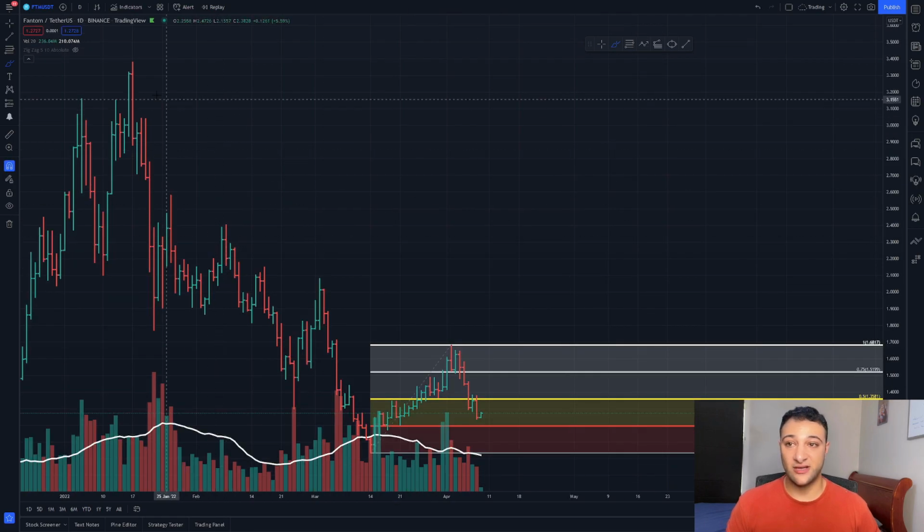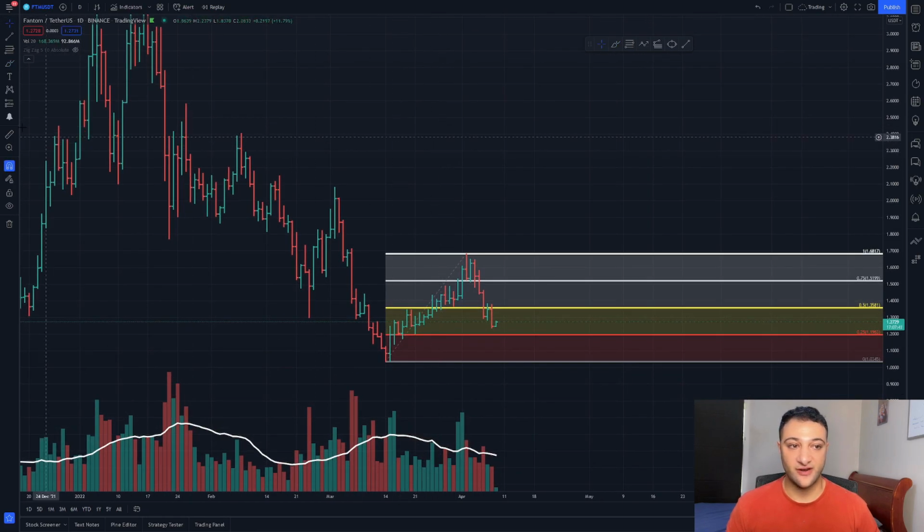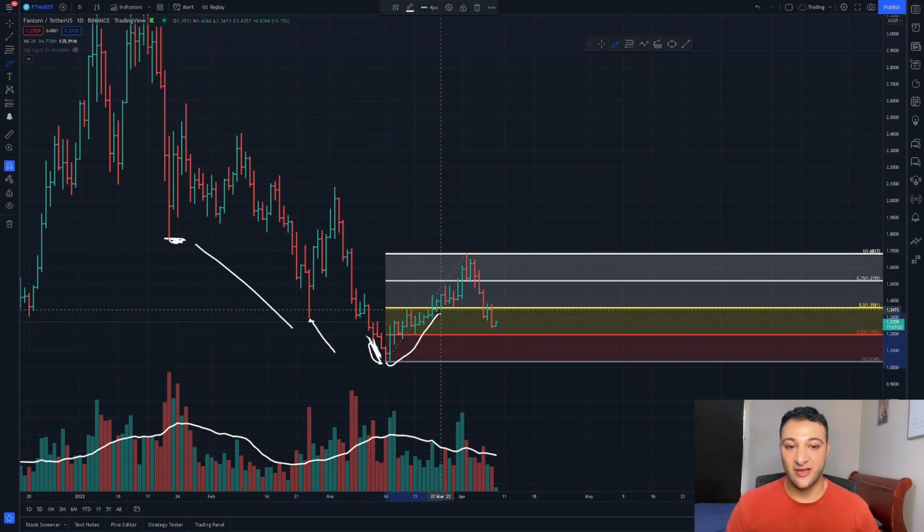If we have a look at, say, something like Phantom, this is one that broke down very, very badly and I got out of my position almost immediately. We have January 24th, or roughly around that date, that would be here. Then we had February 24th, that would be here. And then we had that March sort of 10th, 15-ish area, which would be this area where we got lower. So the lows got lower, and then we had the pull up, found support at the 50, broke down below it, looks weak.